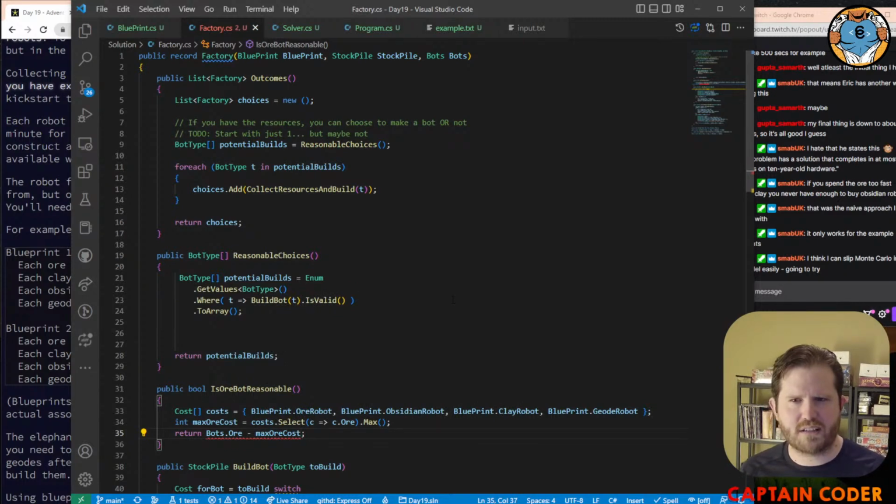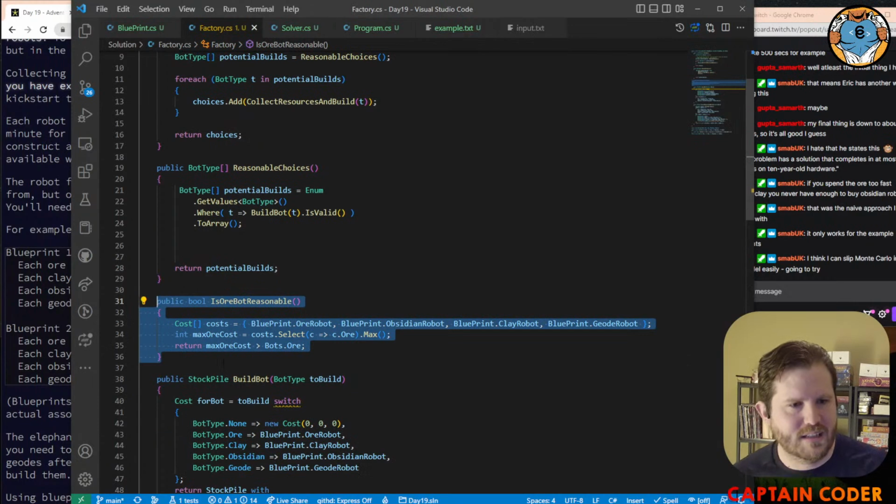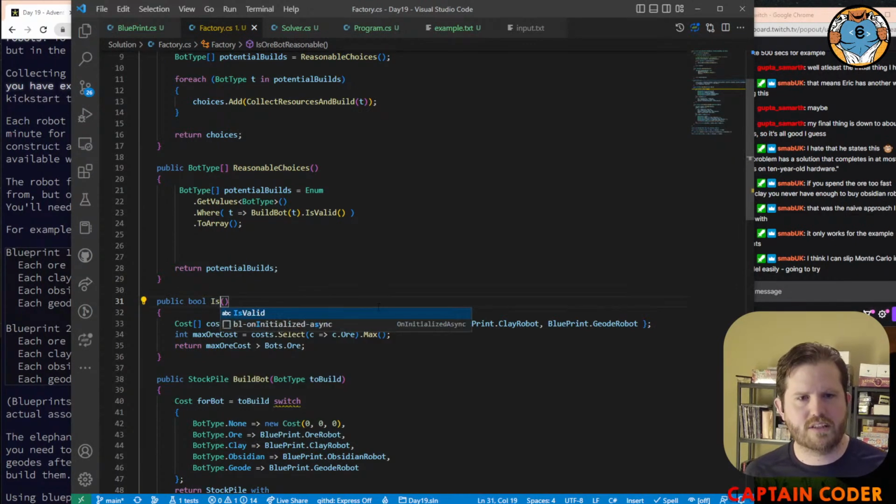So if our number of bots, so max ore cost minus the ore bots is greater than 0. So if our max ore cost is greater than the number of bots we have on that one. All right, so this is for ore. So we should only build ore bots if this is the case. All right, is ore bot reasonable? So there is reasonable bot type,